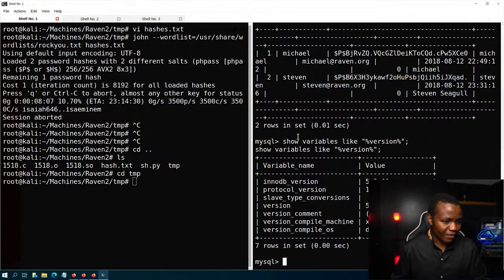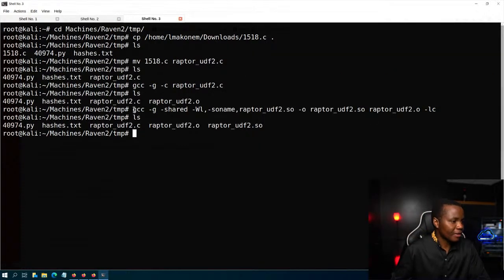This machine here, from our version, says 64-bit. So I'm compiling it on my 64-bit Kali Linux machine. If you compile a 64-bit exploit on a 64-bit Kali and your victim is 32-bit, it will not work. So always keep that in mind. And if you need to change, just use -m32 to specify 32-bit if you're on a 64-bit like myself. That's the switch that you use during the GCC command. GCC -m32 specifies 32-bit. All right, so now that we have the raptor.so, we have covered 2 steps from